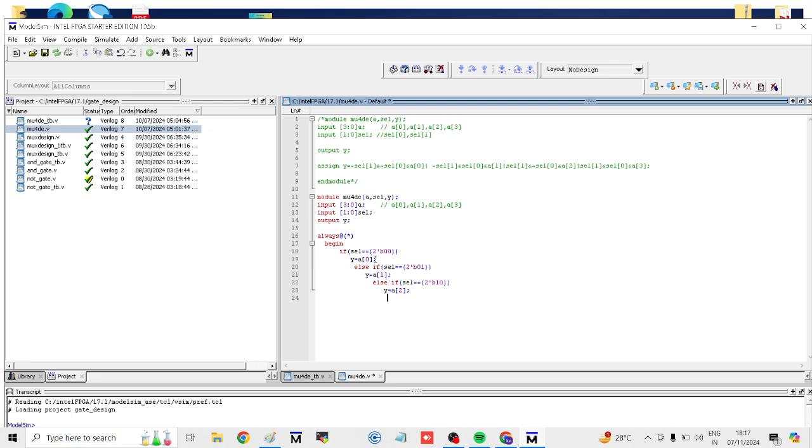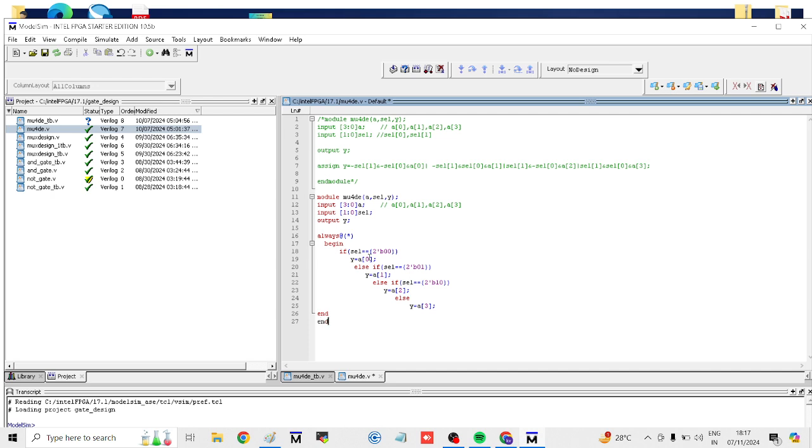Else if select value is not 00, not 01, not 10, it means select value is 11. For that you don't need to explain that select value should be 11. Using else you can eliminate that line, and you can directly write A, which bit, third bit. Begin I have written, so I have to write end and